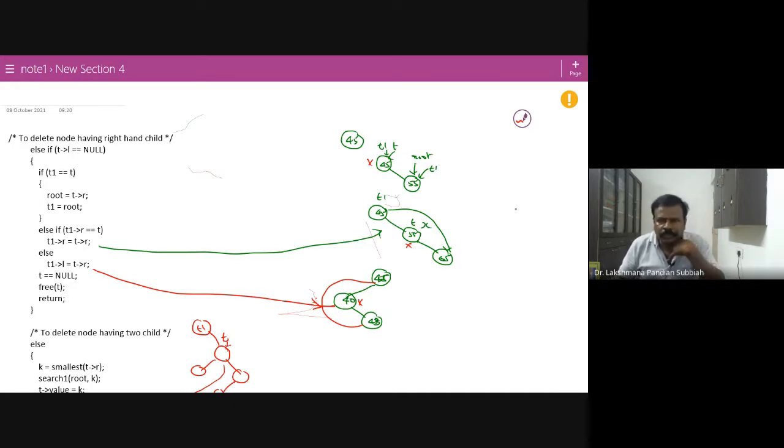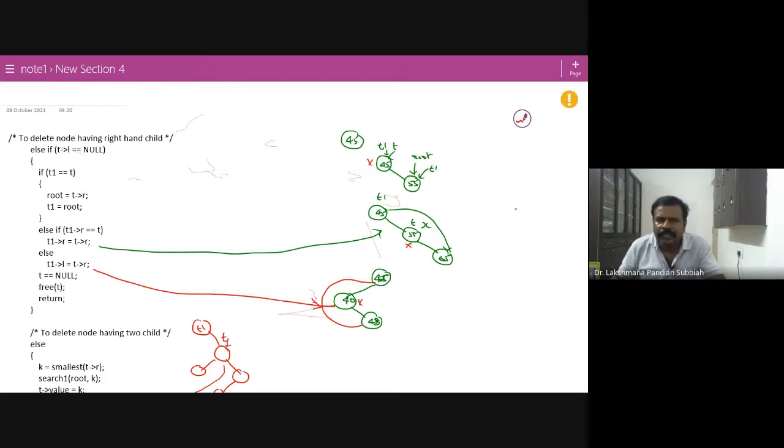This is actually right. Before that, you consider the right-hand child is not null. So here, right-hand child exists, left-hand child is null. Then the same cases as the previous case you have to consider, right? So here, that node has a right-hand child. Okay, so the right-hand child we are having now, right?